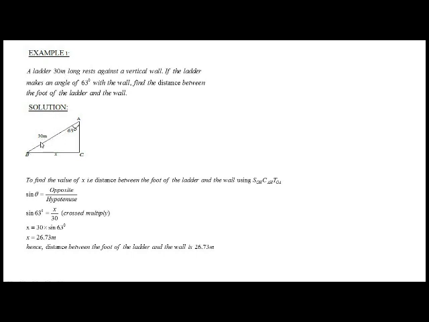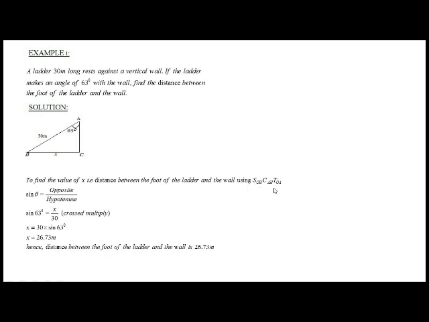So that is the reason why it's being represented using this diagrammatic illustration. What we're looking for is the distance between the foot of the ladder and the wall. That is the reason why I make x to be that distance. Now, to find the value of x, that is the distance between the foot of the ladder and the wall,